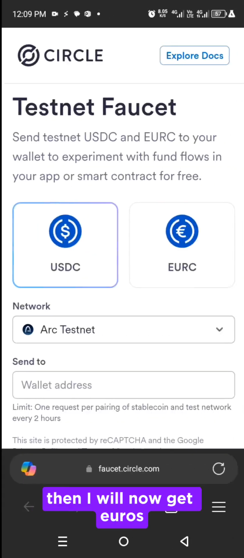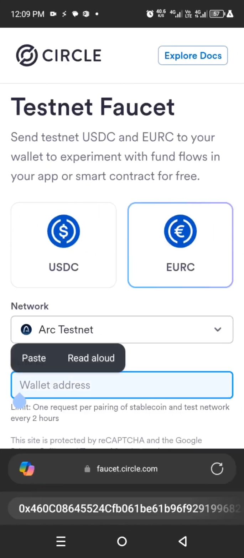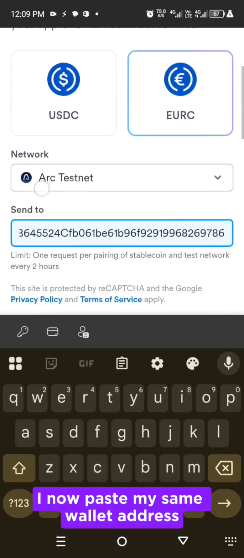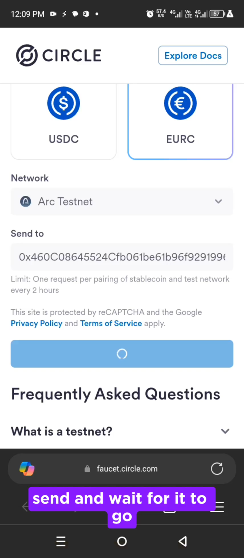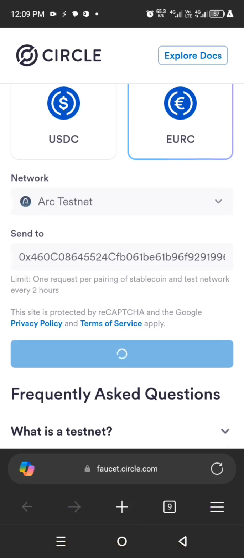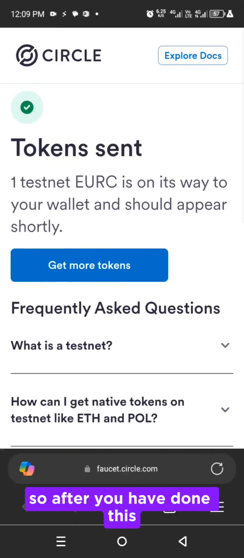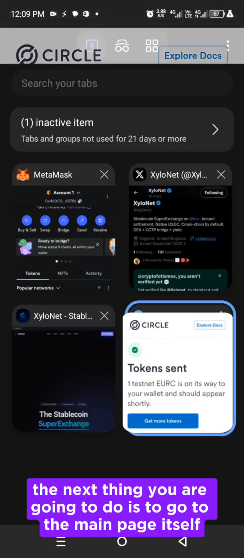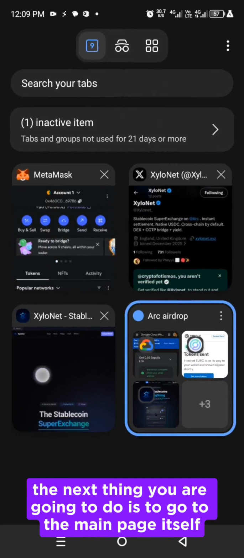Then I will now get euros and paste my same wallet address, send, and wait for it to go. Okay, so you see, sent. After you have done this, the next thing you are going to do is go to the main